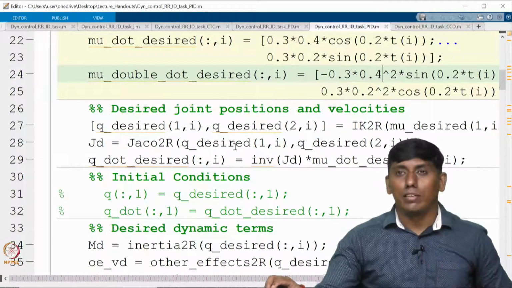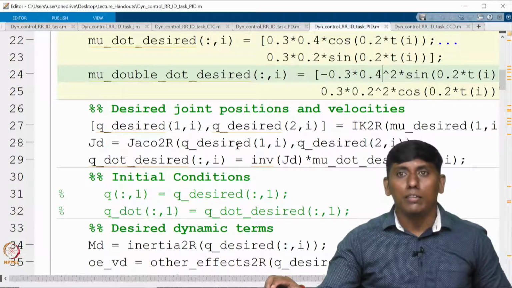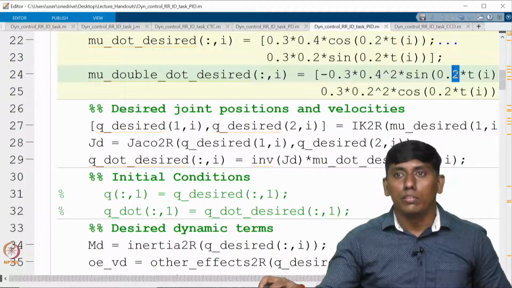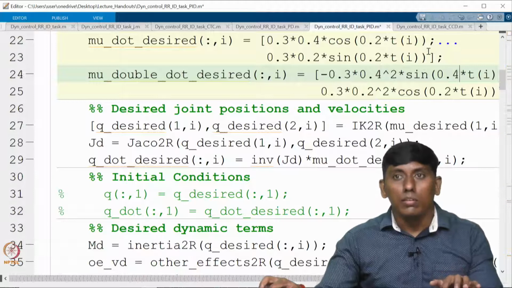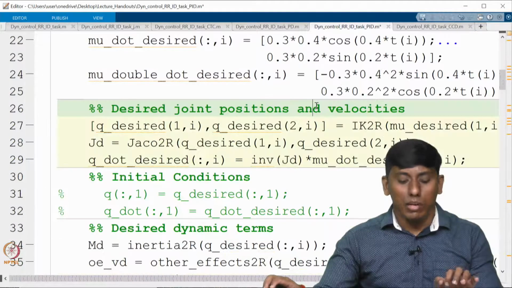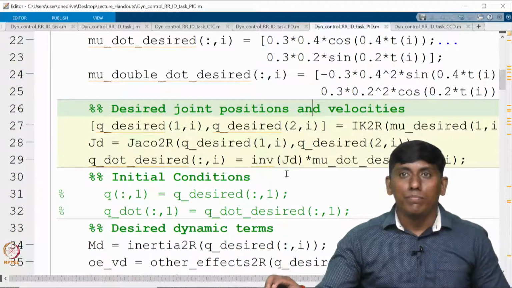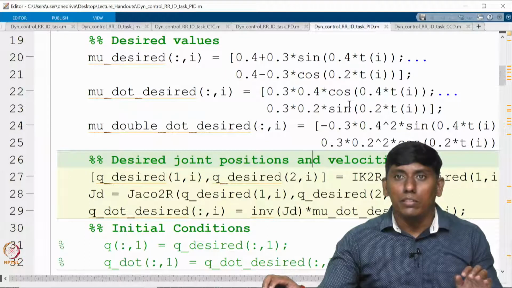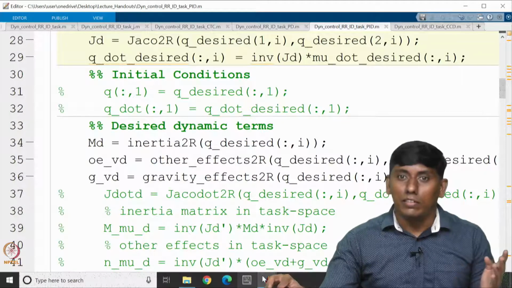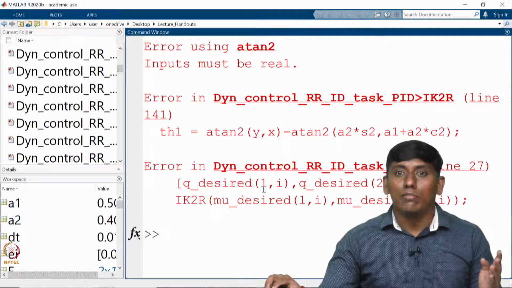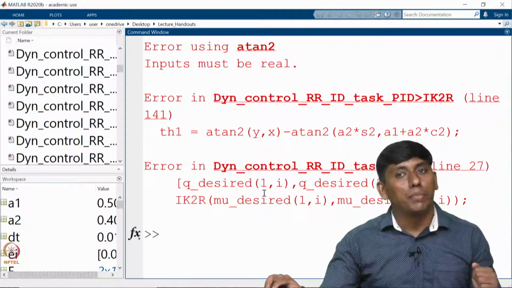You can see people usually won't do that. I am just trying to show. There is an error because some multiplication is missing. It is not able to do it because the inverse kinematics is not happening.